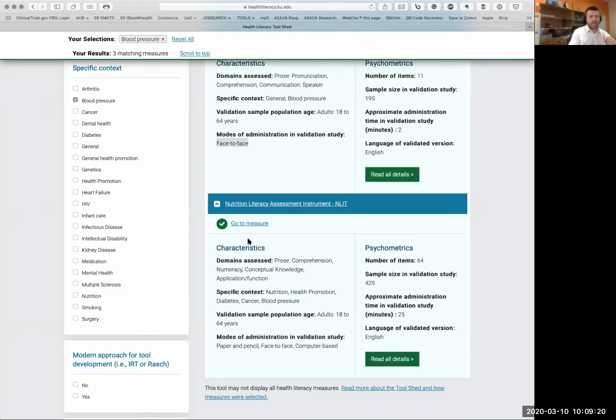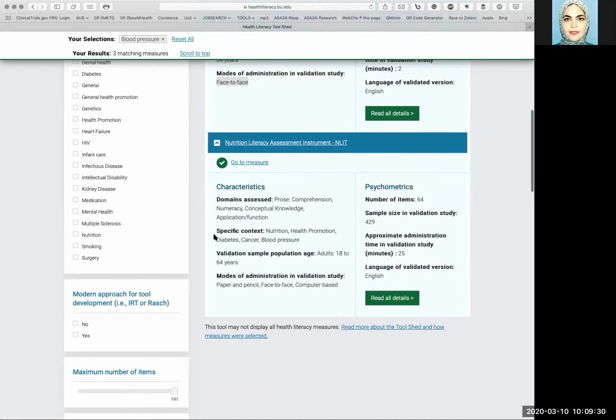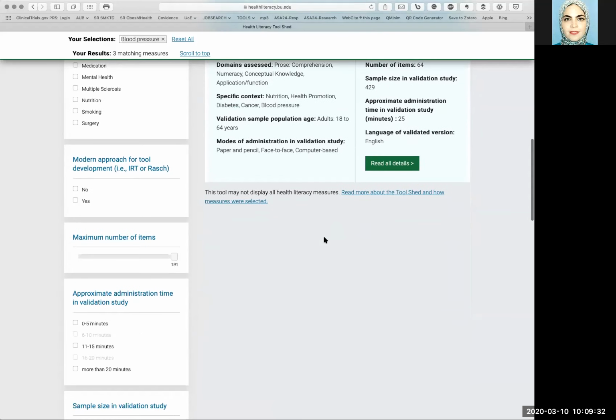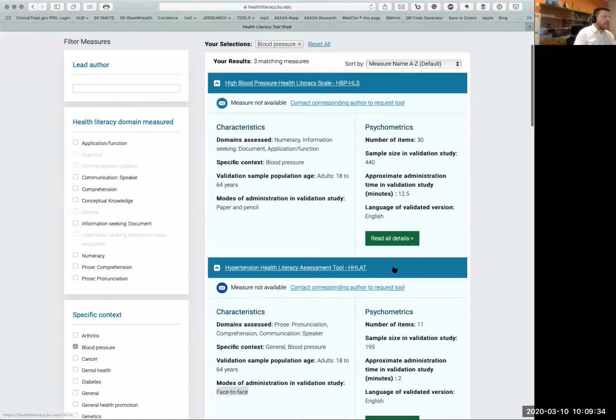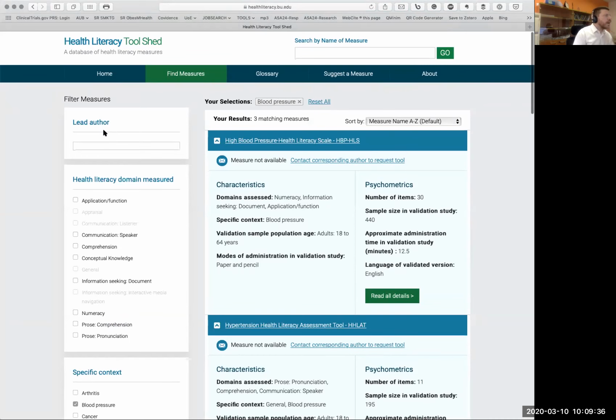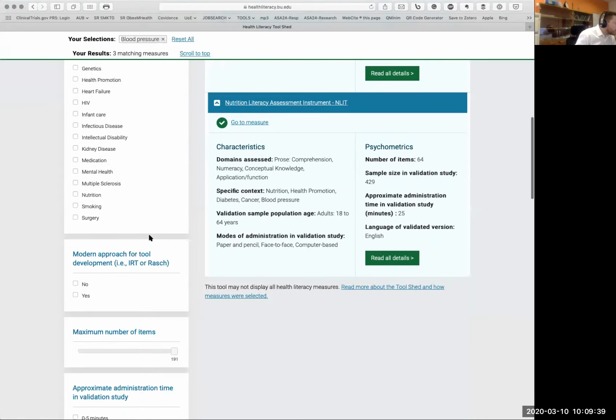Fatma, do you want to add something? Yes, hello, Dr. Marco. The point is, are these tools validated in Arabic? So what if I want to translate it into Arabic? I think this would create a problem. Of course. So in this case, there's no information about Arabic. I want to see if there's